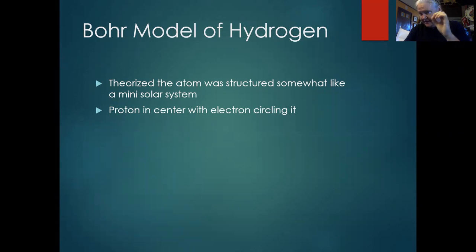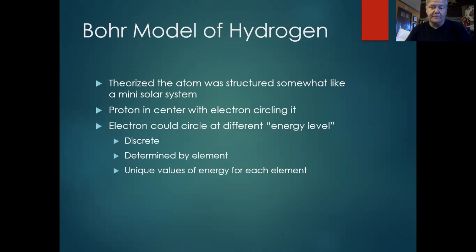So Bohr proposed this concept of the mini solar system, where you had the nucleus in the center. In the case of hydrogen, it's a single proton with the electron orbiting around it. Now, his model, as you'll see in next week's lab, wasn't completely right, all right? The solar system model wasn't completely right. There's more going on there, but it was a good place to start because it gave us the option of quantizing the energy levels. What it meant is the electron could have more than one orbit that it circles at.